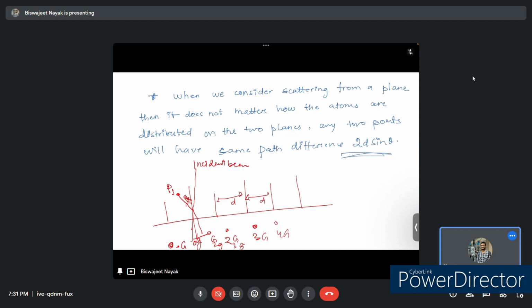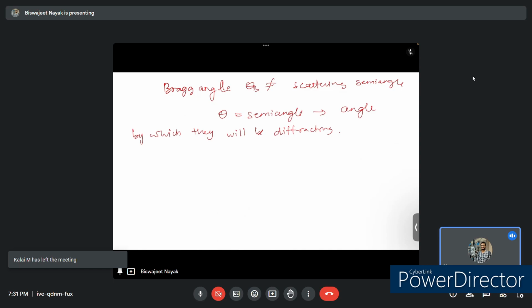So when we consider the scattering from, let's say, 3 different planes, then we are going to get the same result as scattering from 2 different planes. So to summarize, electrons diffracting from a set of planes having spacing d, such that both constructive and destructive interference occur. So it is possible to consider that n in 2d sin theta